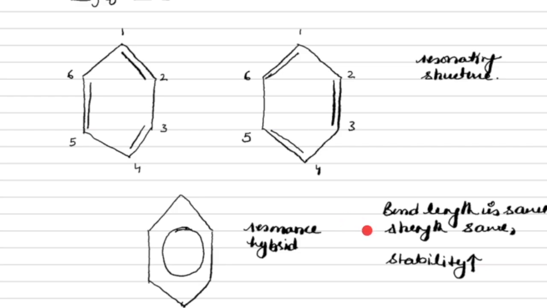Strength is the same. And when we have a group where people have the same strength, that group is stable. So that is what the stability gives by this resonance and moving pi bond. Okay,